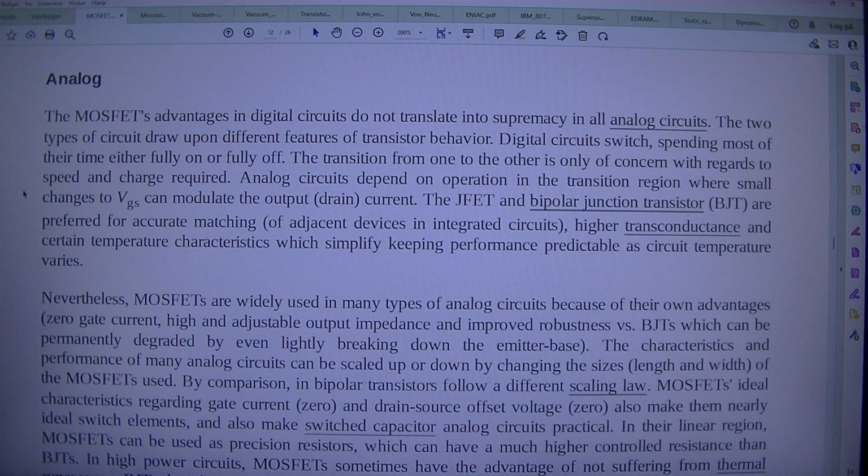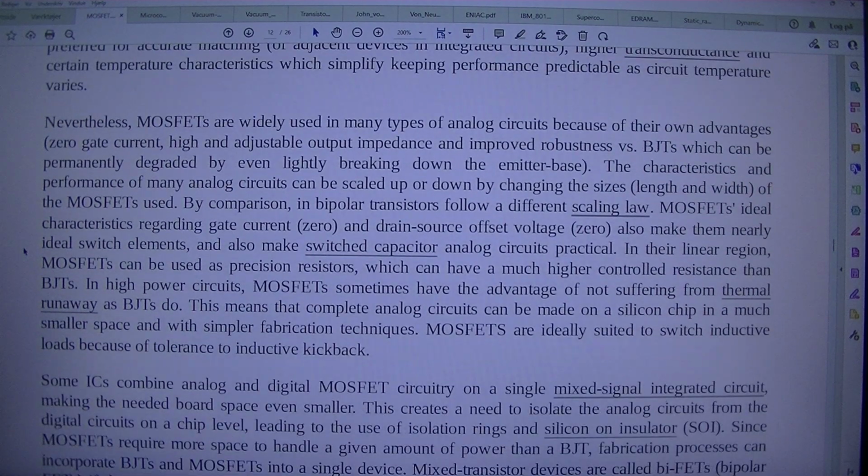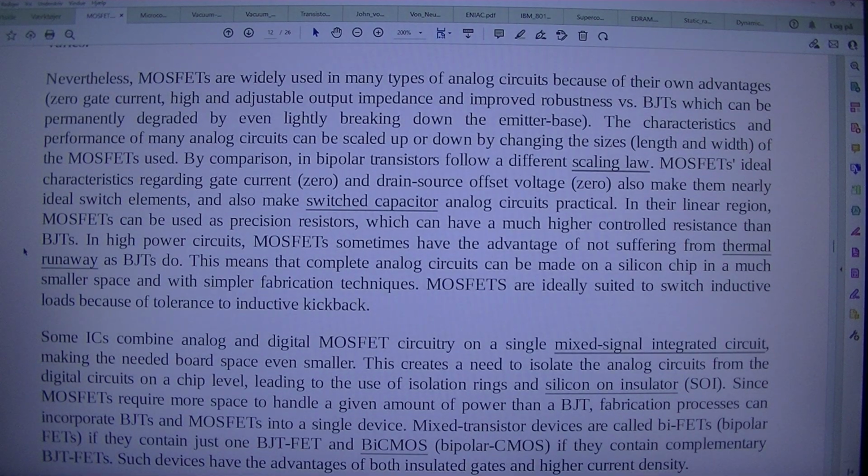The JFET and bipolar junction transistor, BJT, are preferred for accurate matching of adjacent devices in integrated circuits, higher transconductance and certain temperature characteristics which simplify keeping performance predictable as circuit temperature varies. Nevertheless, MOSFETs are widely used in many types of analog circuits because of their own advantages: zero gate current, high and adjustable output impedance, and improved robustness versus BJTs, which can be permanently degraded by even lightly breaking down the